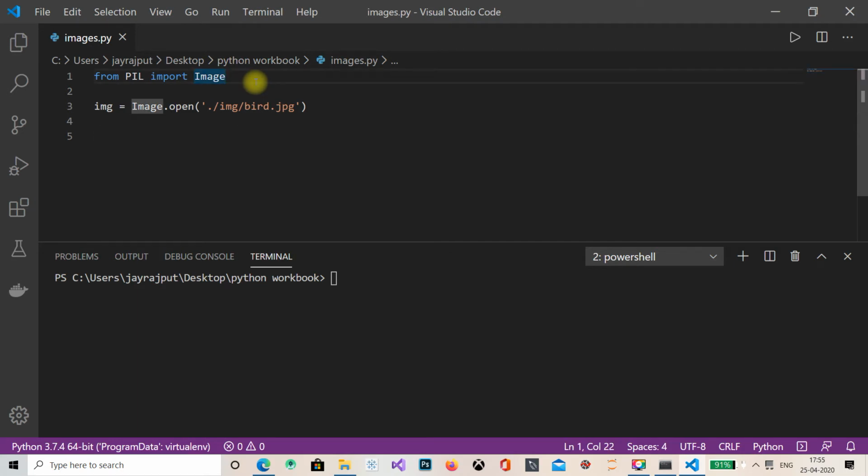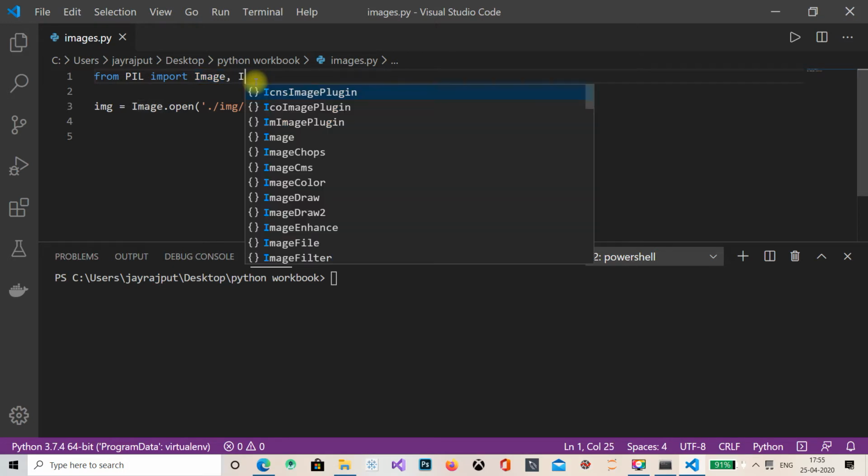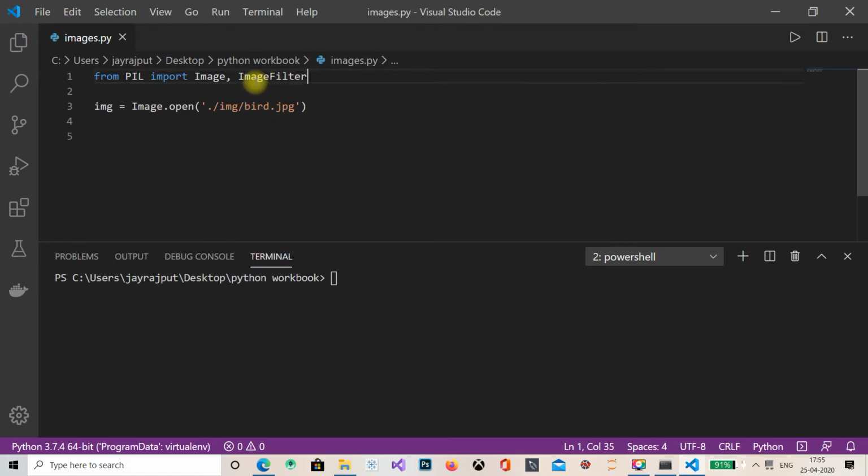So what we need is ImageFilter. I have it here, yes, it's ImageFilter.